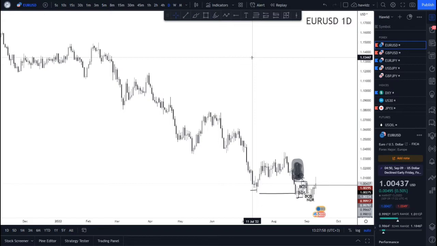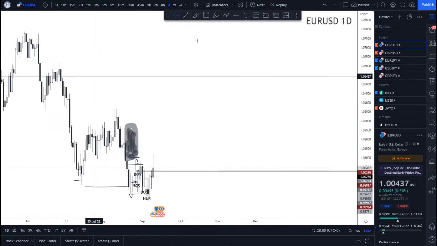So in multi-time frame analysis, I've seen people trying to analyze pairs from one time frame to another, but they seem to get it wrong, right? Because when you're analyzing a pair, you should do a top-down analysis. So how do you do a top-down analysis? A top-down analysis means that you start from the higher time frames and go to the lower time frames,